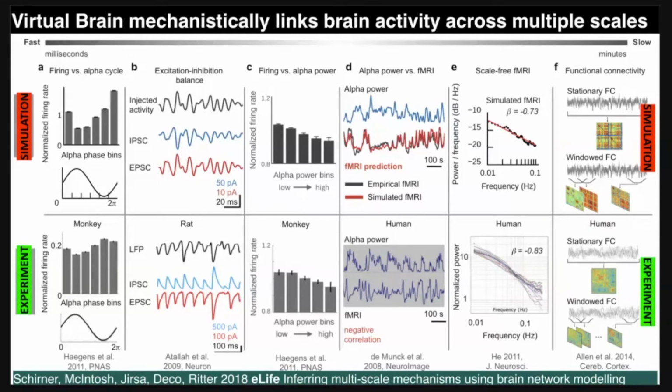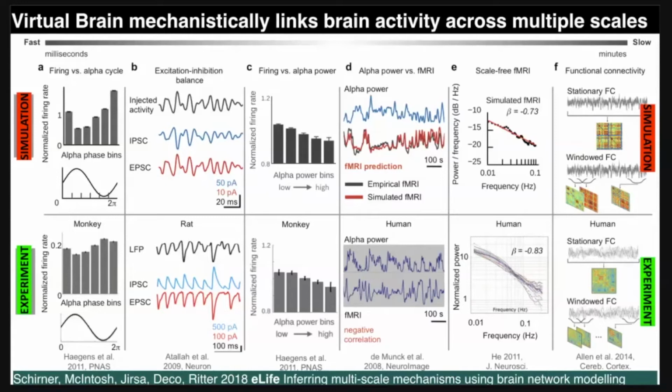We capture the scale-free behavior of resting state fMRI data, and we capture in panel F the switching of the functional connectivity. So many different features are encapsulated in a single model, and the nice thing is that by doing this, we can now see how changing the properties at one scale would also alter the properties of our observations at another scale. So we can manipulate and see what the consequences are, and we can also learn how the different snippets of observations are linked together mechanistically. And this is what we wanted to achieve.